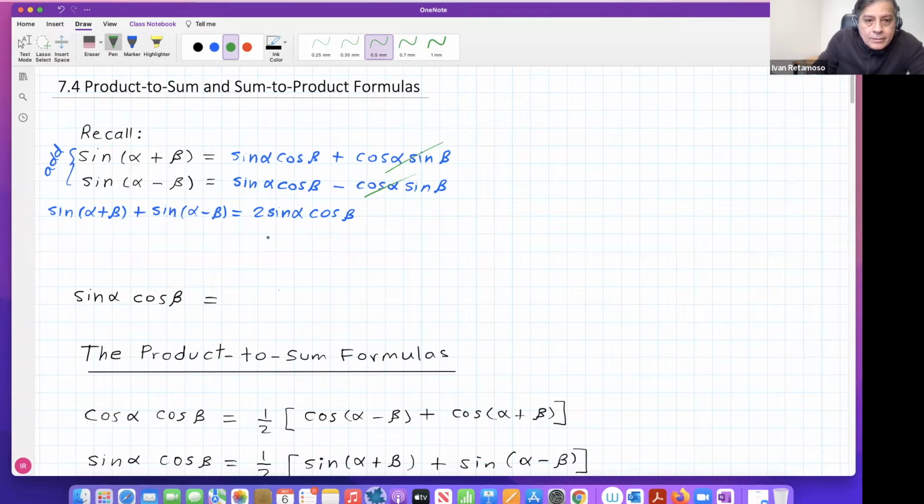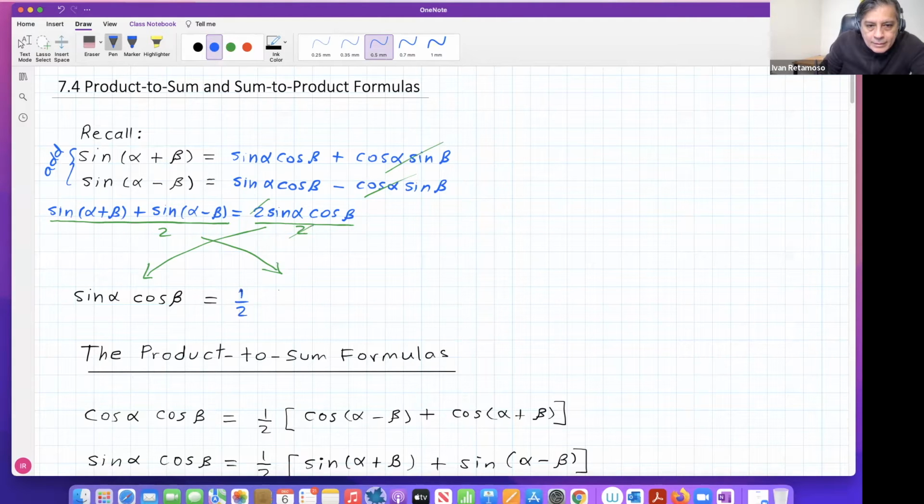Now, dividing both sides of this equation by the number 2, in order to isolate this product, that's my intention. This is what will happen. Divide this by 2, divide this by 2. We're going to get that these two will cancel with these two. Sine of alpha times cosine of beta, which I can write here, equal to 1/2